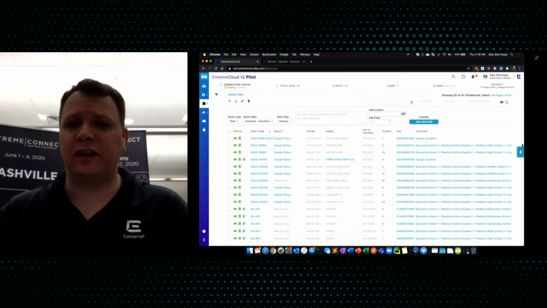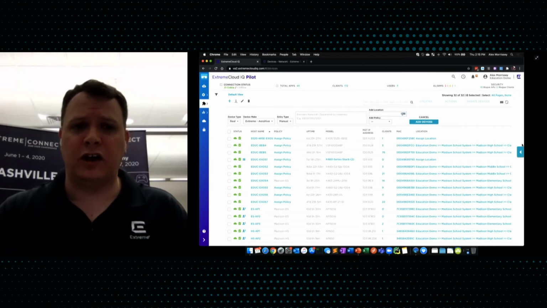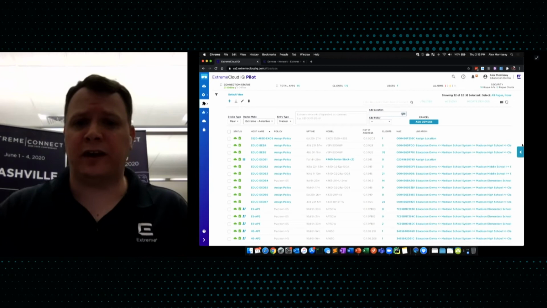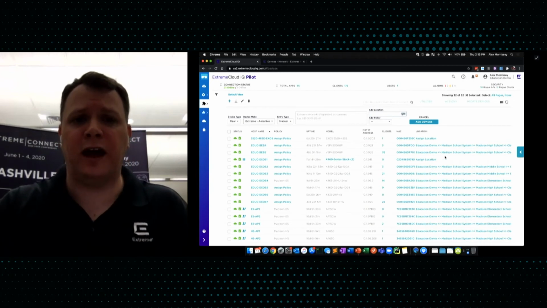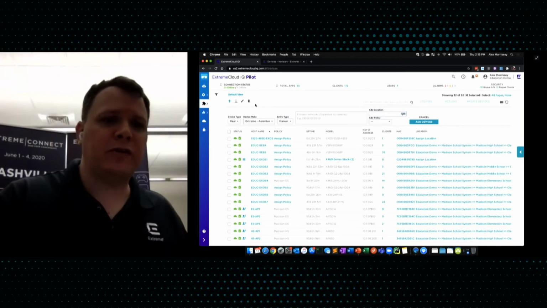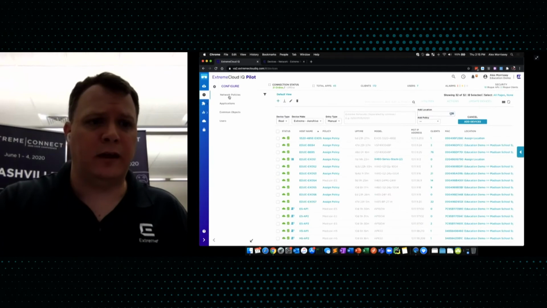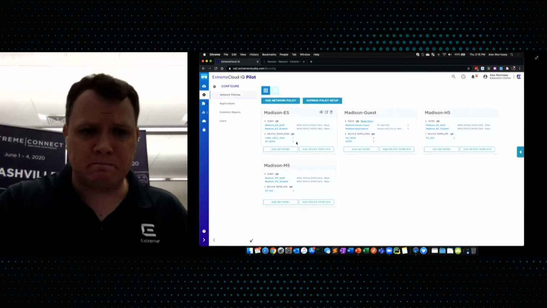However, that supplemental CLI and the SSH gives you complete configuration capability of the switch. So if something is not available in the network template, you can use that supplemental CLI to add any command that's supported on the switch. And the nice part about the cloud is we're constantly rolling out updates, so the capability is just going to grow over time. So if we actually go look here, for example,